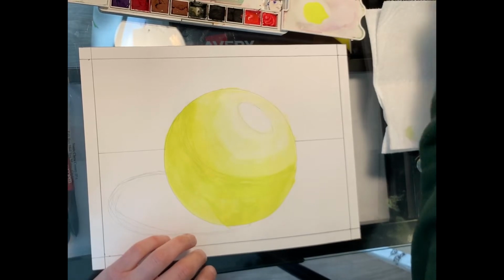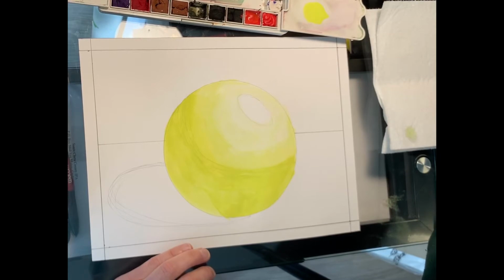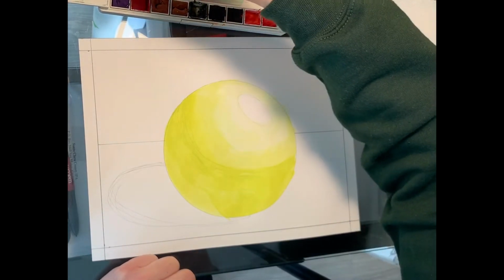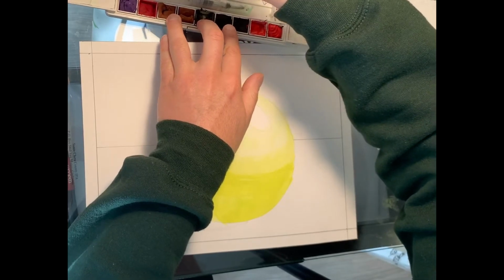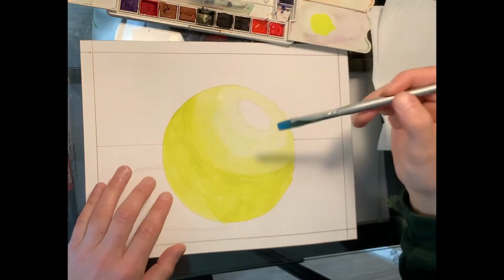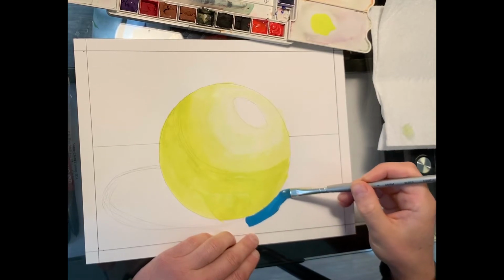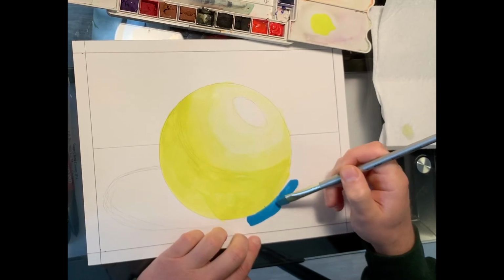I'm gonna move on to the next color, and I'll make that the surface of the table, or surface of whatever surface it is. And I think that I'll make the surface of my table blue. So activating my blue, getting my brush in here. And once again, I'm gonna add just that first layer in. Be careful not to be messy like I did just right there and get blue on your...